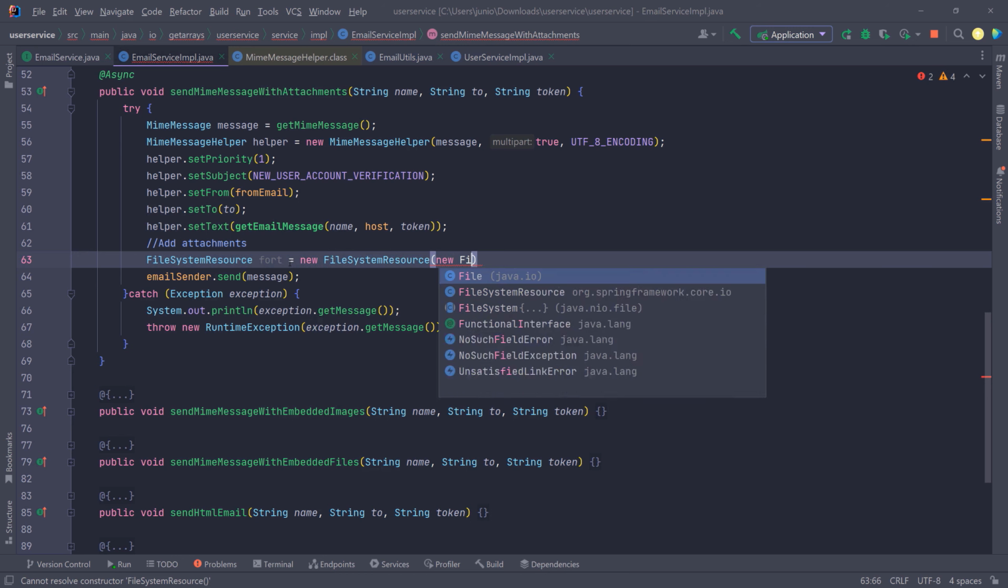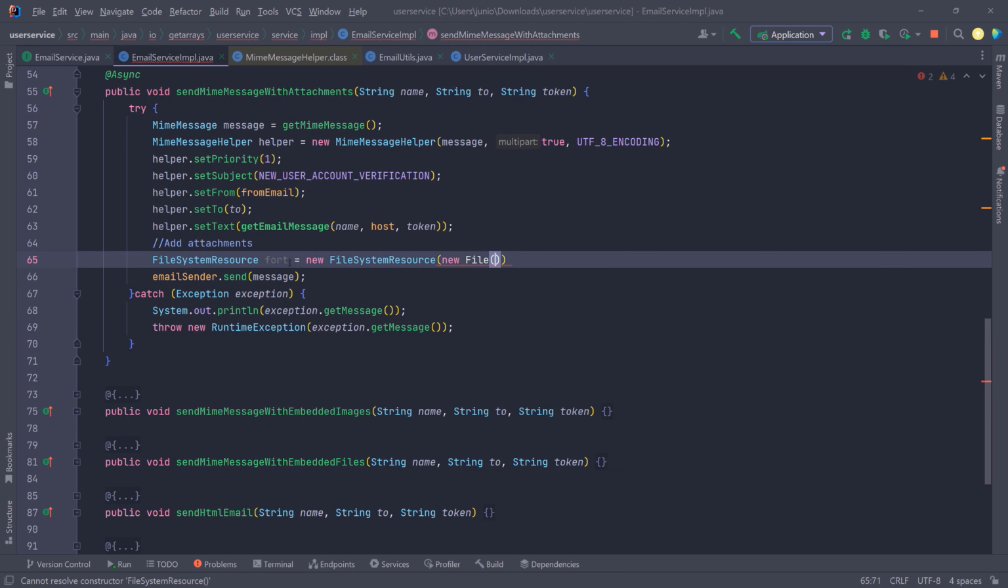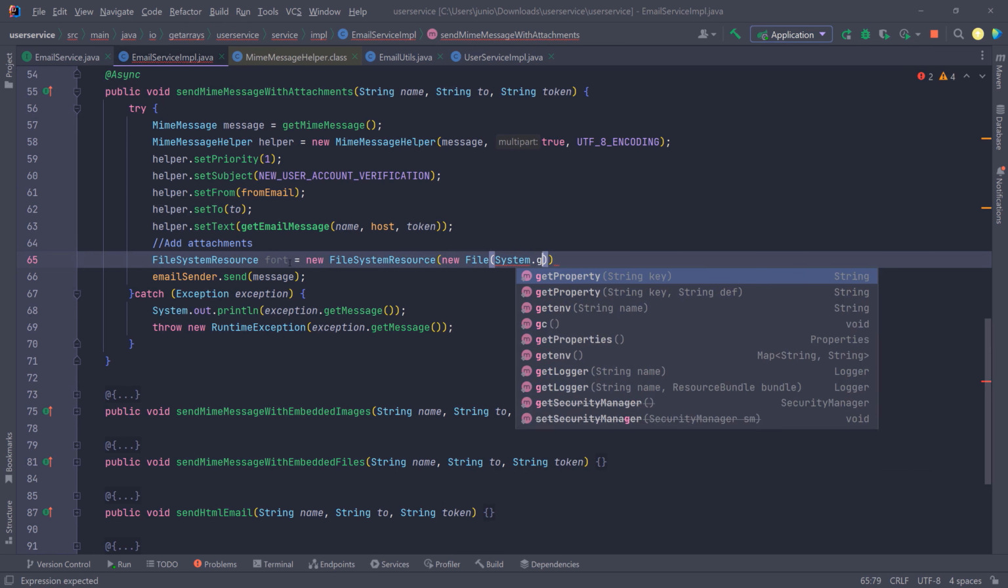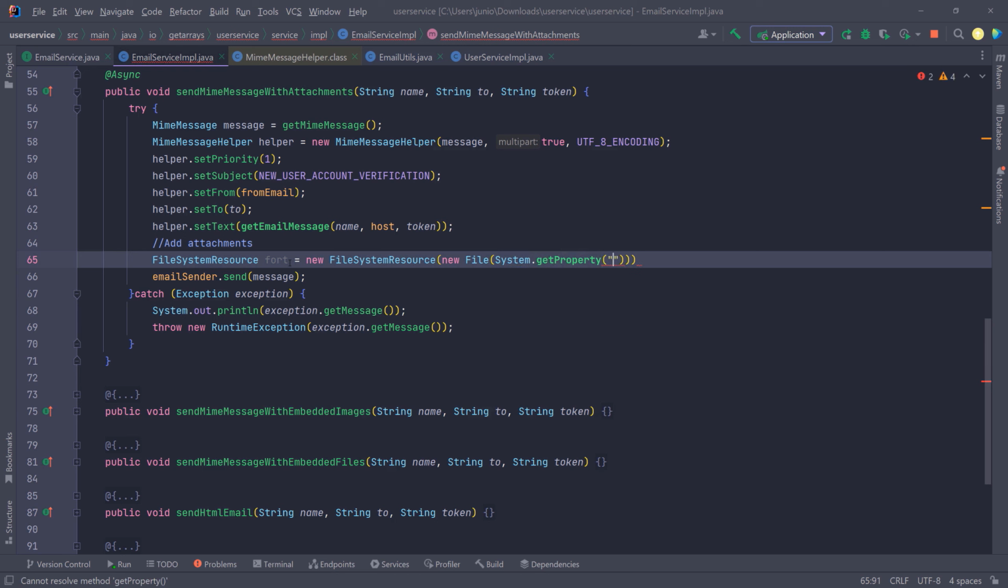So we can say new file. And then we're gonna pass in the path where the file is. So we're gonna say System.getProperty, and then we want to get the home directory of this computer. So user.home, and then after that we can go to the downloads folder. So we're gonna say plus, and then we want to go to /downloads,